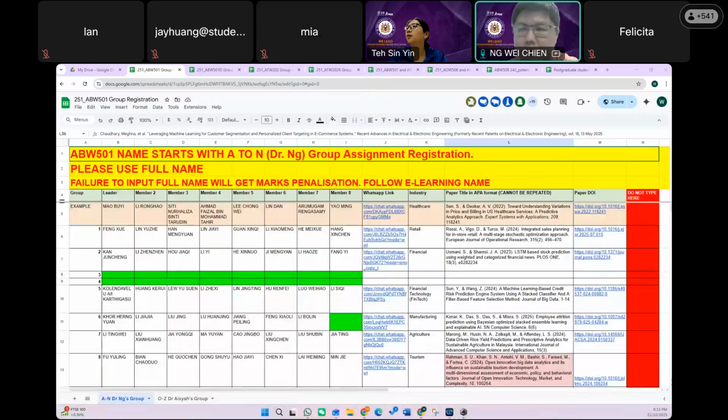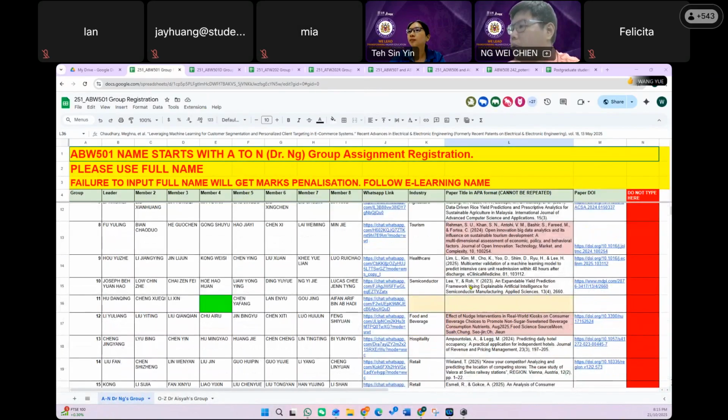Yeah, can you see my screen now? Yes. Okay, so I just want to share that I checked based on the title and also based on the DOI that you shared. I checked very quickly. So those groups with red color font, you have the opportunity to change. So just now Dr. Tan mentioned by 9, right?